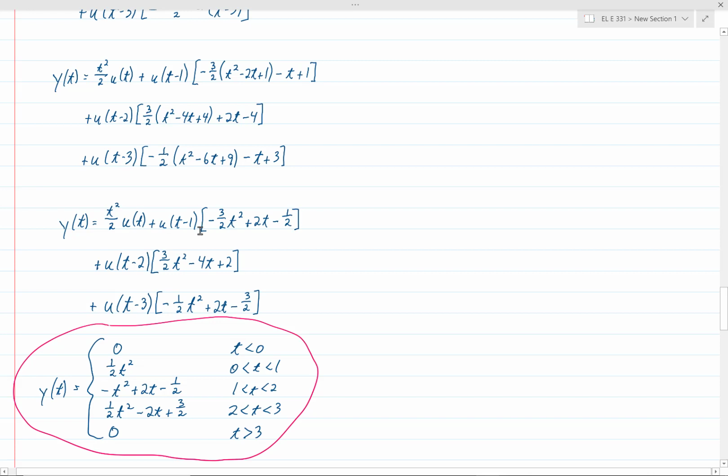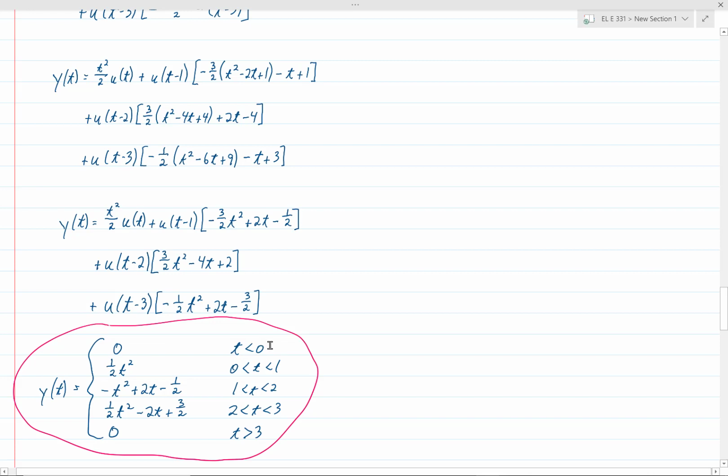So it's equal to 0 when t is less than 1. The third term is equal to 0 when t is less than 2. And the fourth term is equal to 0 when t is less than 3. So everything here is equal to 0 when t is less than 0. So the first line we can just say that y of t is equal to 0 when t is less